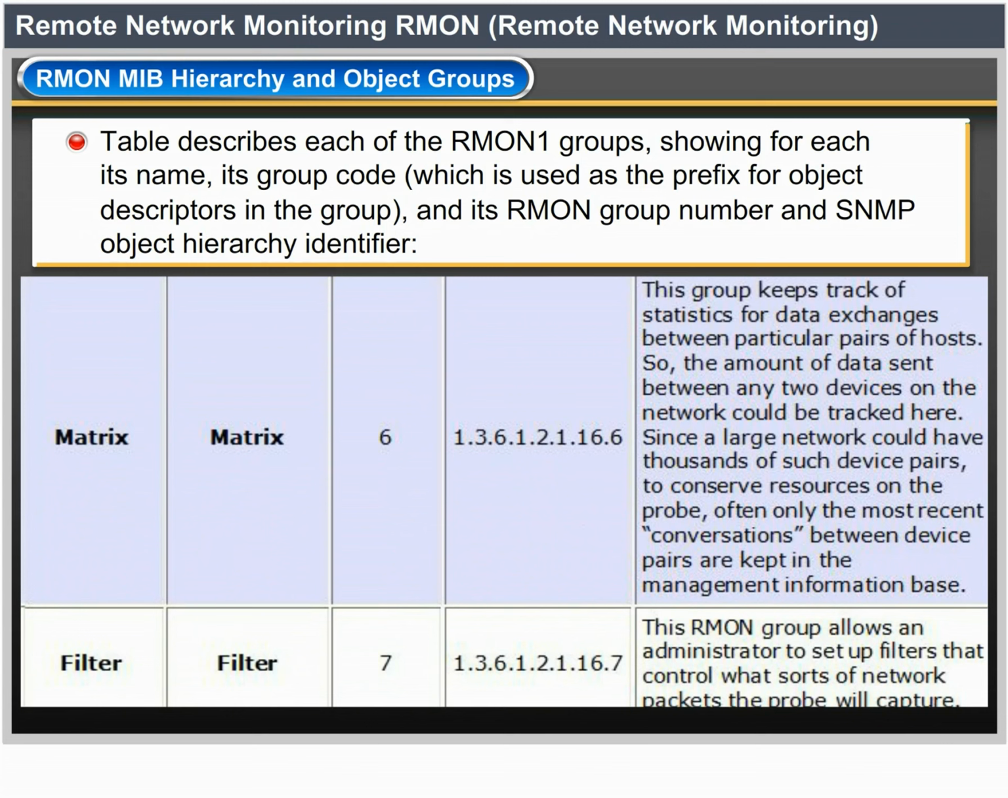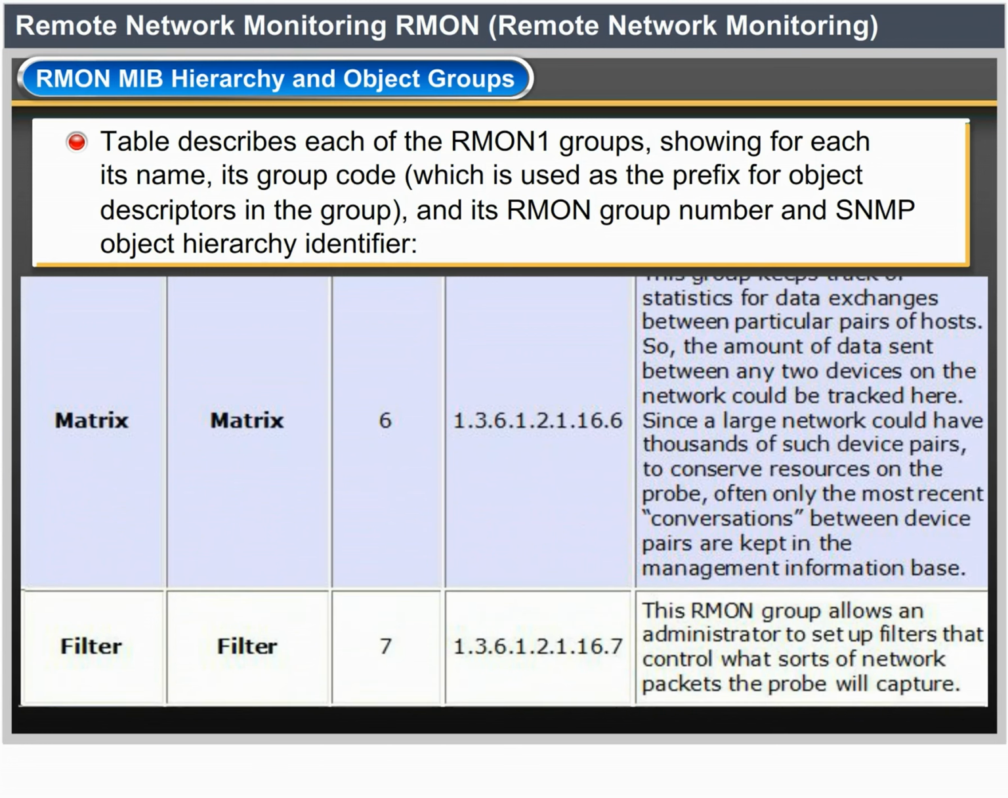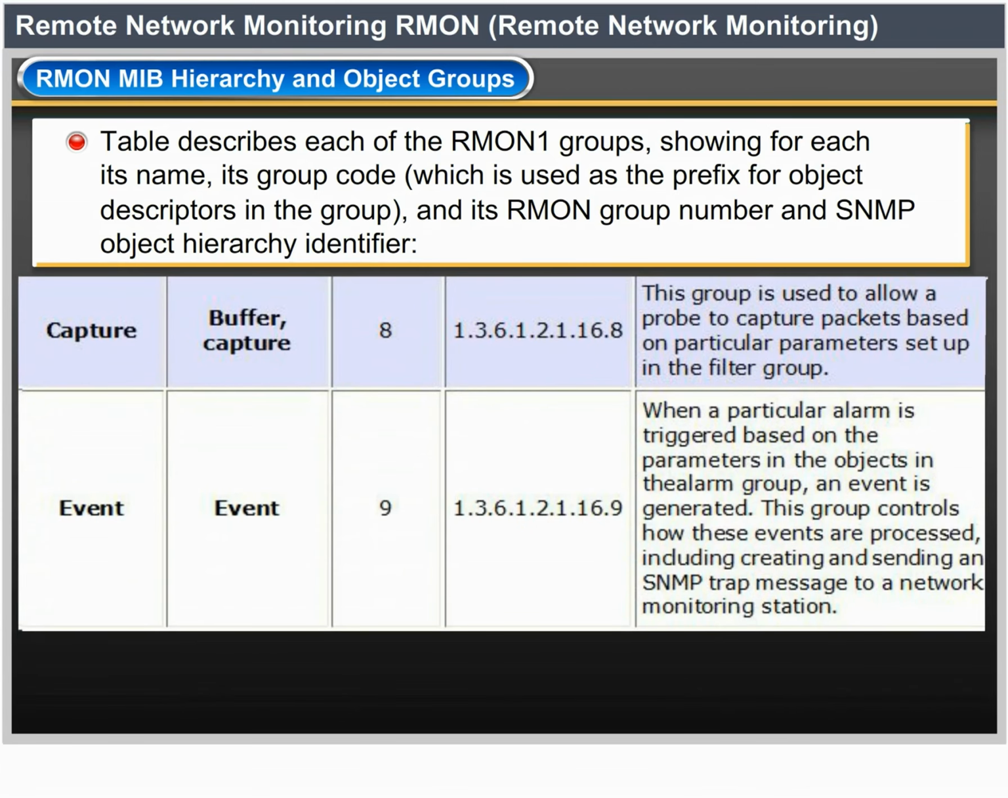Filter 7, 1.3.6.1.2.1.16.7. This RMON group allows an administrator to set up filters that control what sorts of network packets the probe will capture. Buffer capture 8, 1.3.6.1.2.1.16.8. This group is used to allow a probe to capture packets based on particular parameters set up in the filter group. Event 9,